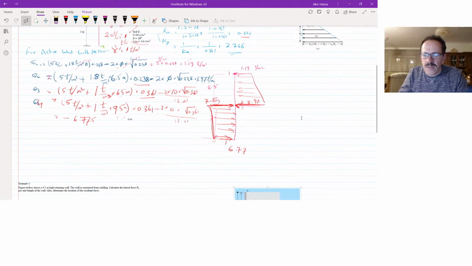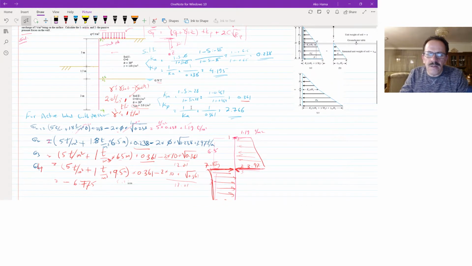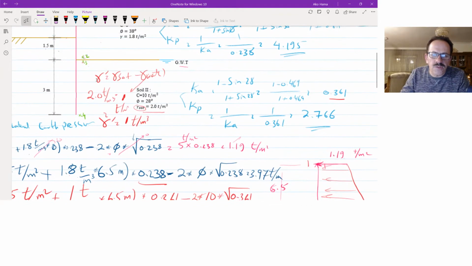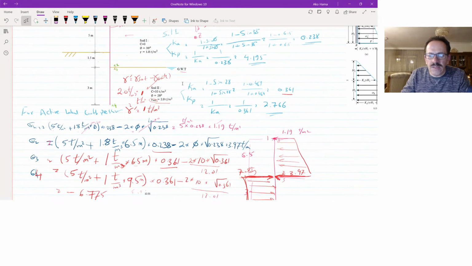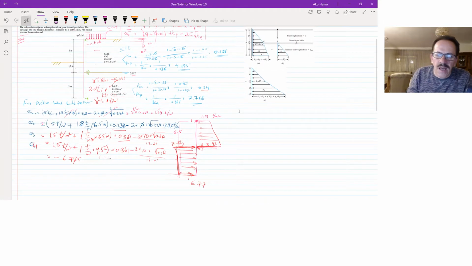Remember that you subtract the gamma from the part 2 of the soil. When we have a groundwater table here, we use gamma prime, means that we didn't count into our calculation the water part. Now why we did this? Because we wanna add, then here's the level of the water. We have to add the distribution of the water, or the pressure of the water will be in this way.